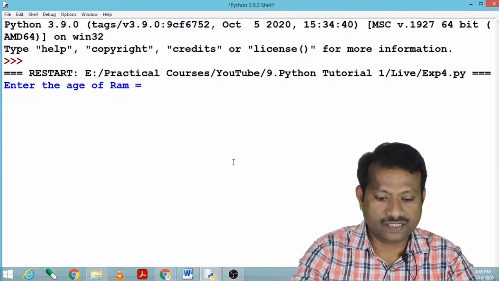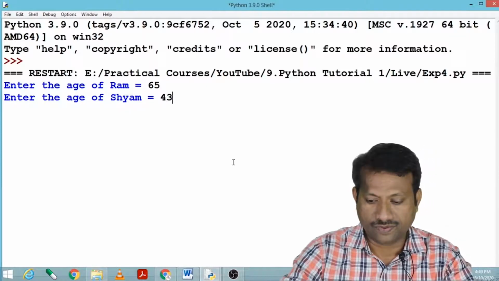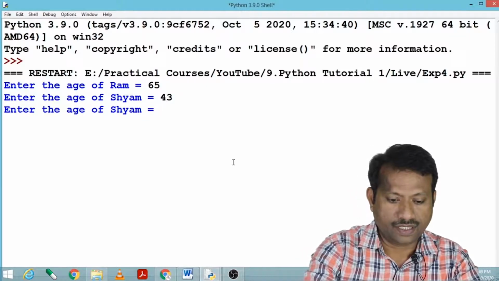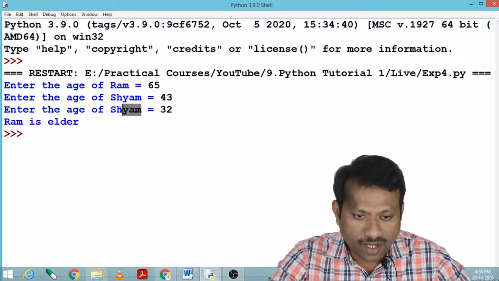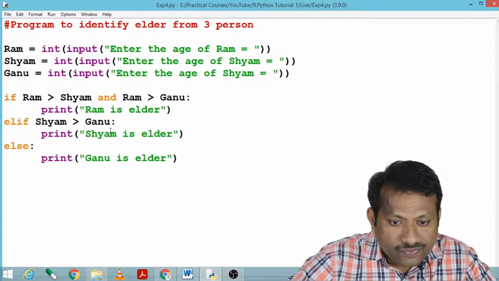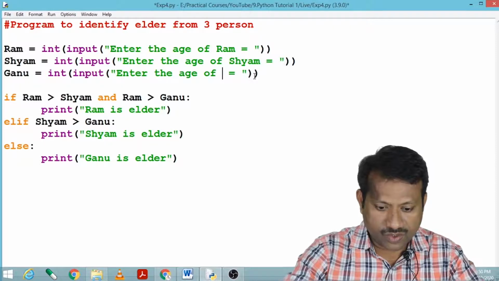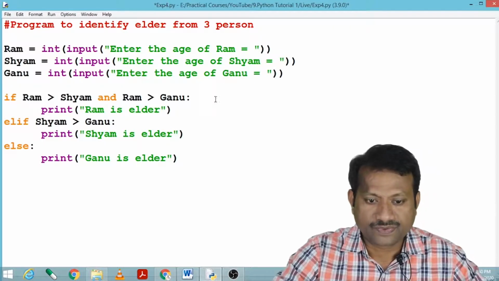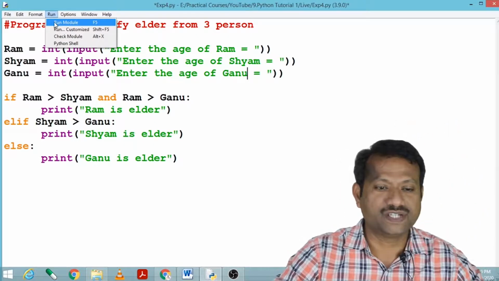First, let us enter 65, 43 and 32. Let us run this program. It will show Ram is elder. Here we have not changed the name of Ganu, that's why it is showing Shyam. So I have to say Ganu. Let me run this program again. Initially it showed that Ram is elder.